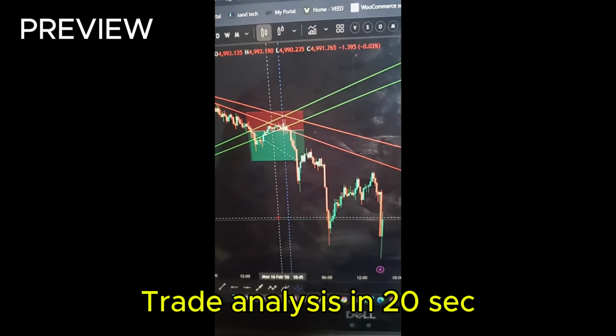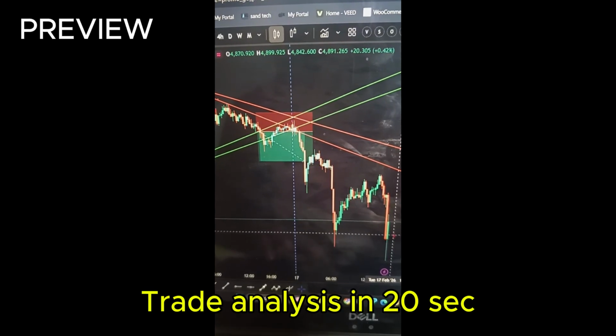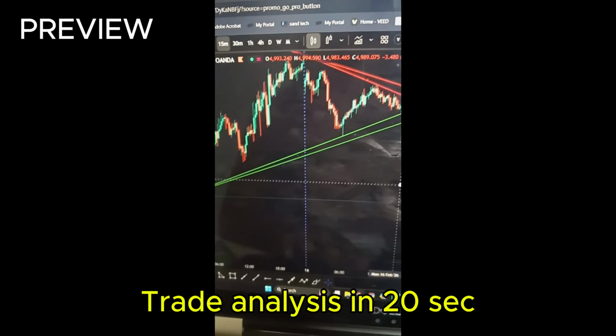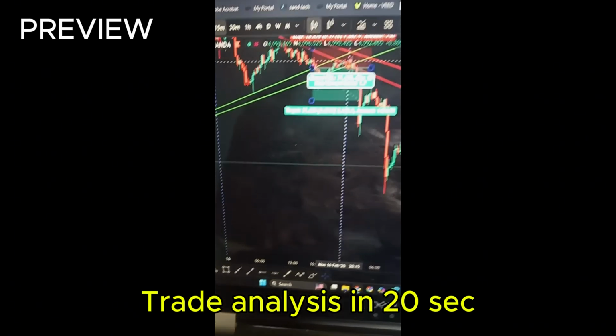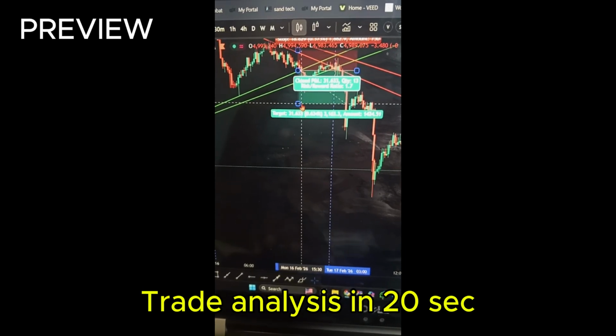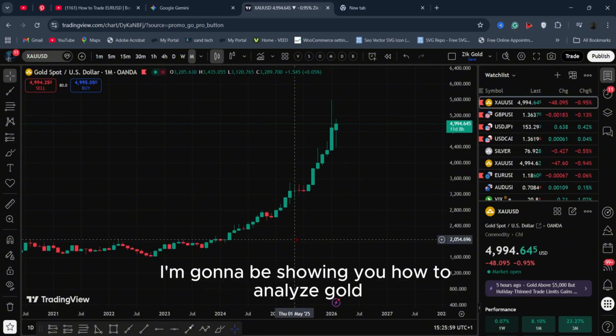Amount of the trade, as you can see, gold literally went down crazily, and it's still at the bottom. If I had set my take profit lower, I would have made a lot of profit, but we shouldn't be greedy. Hello guys, so in this video I'm going to be showing you how to analyze gold